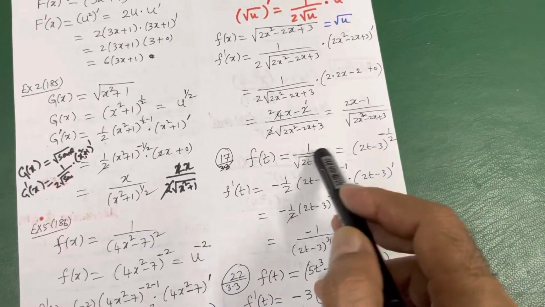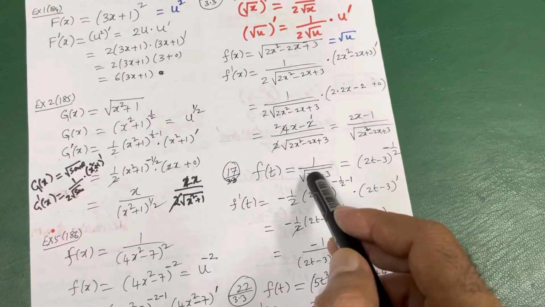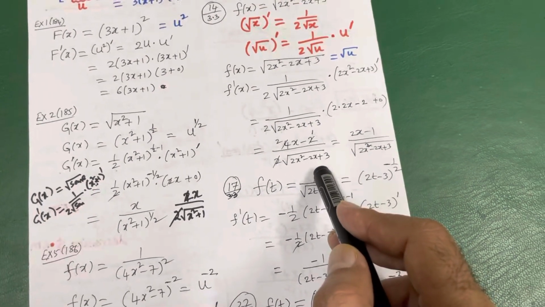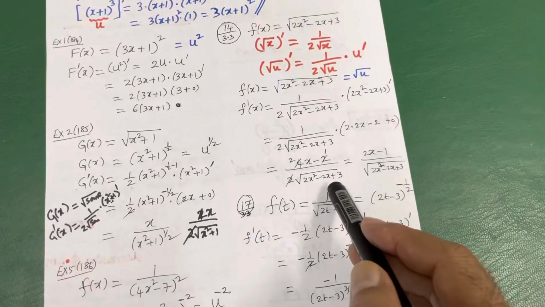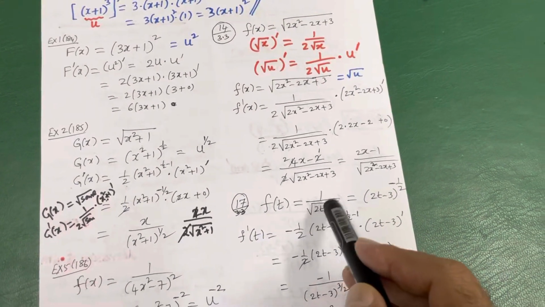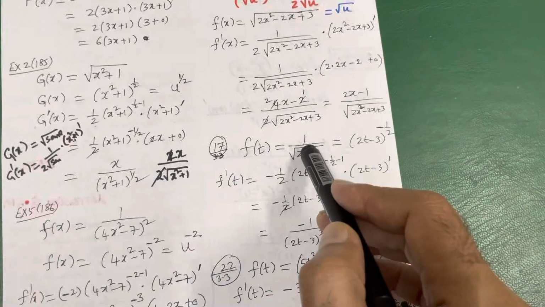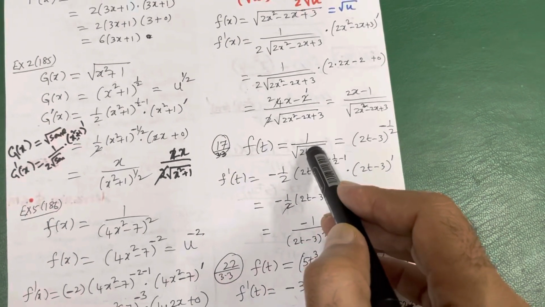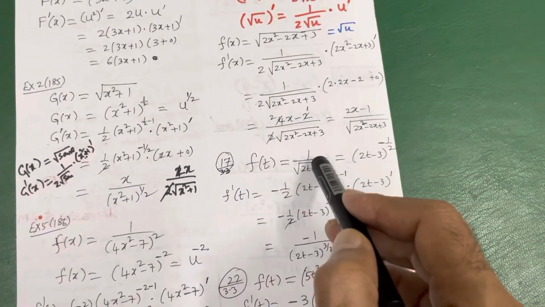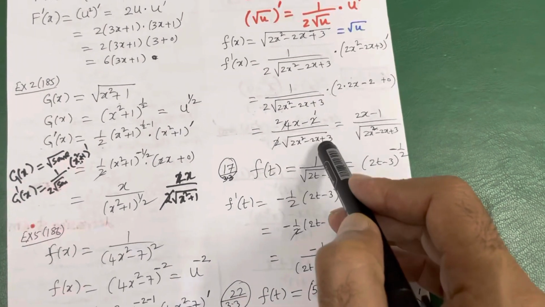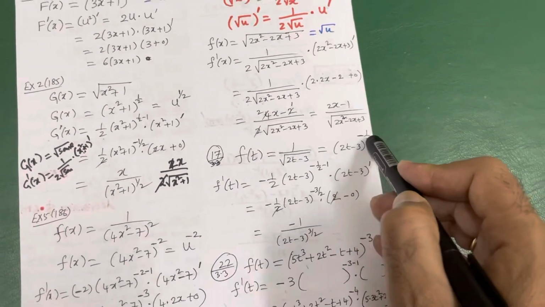You cannot have derivative when x or t is in the denominator. You have to bring it up and then find the derivative. Here see this is in the numerator. Denominator here is 1. Here 1 is our numerator, denominator is something. You cannot have the derivative when x is in the denominator. You have to bring it up. So 2t minus 3, to the power half. That half, when you are bringing it up, it will become minus half.